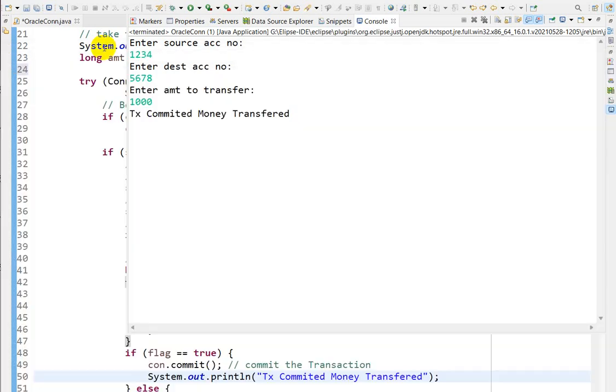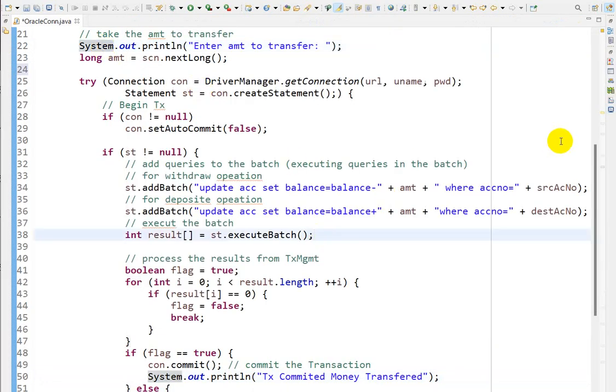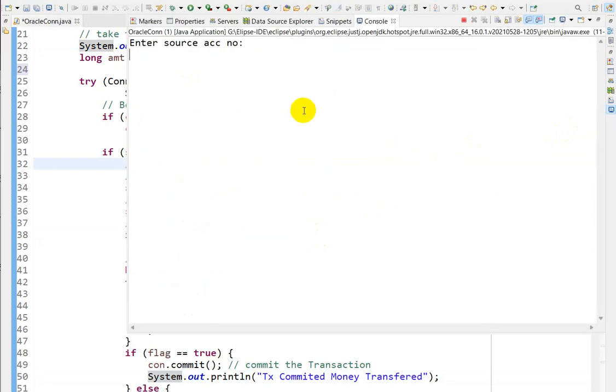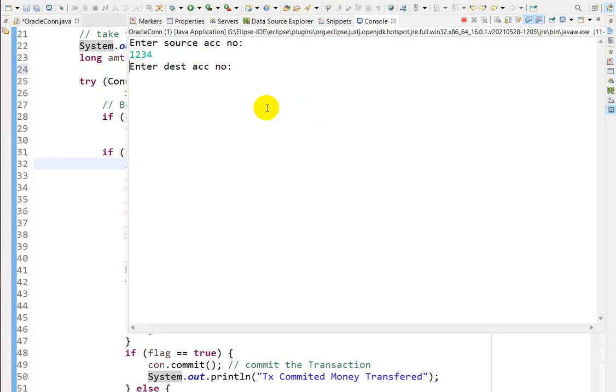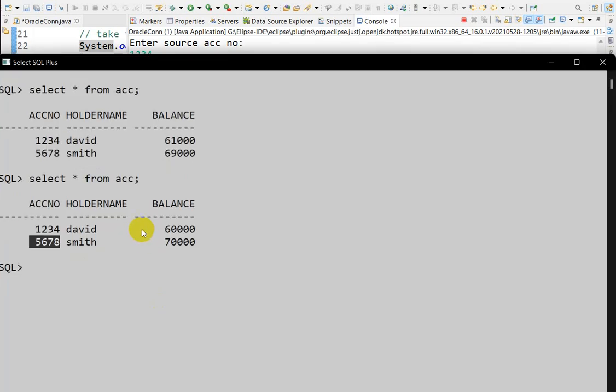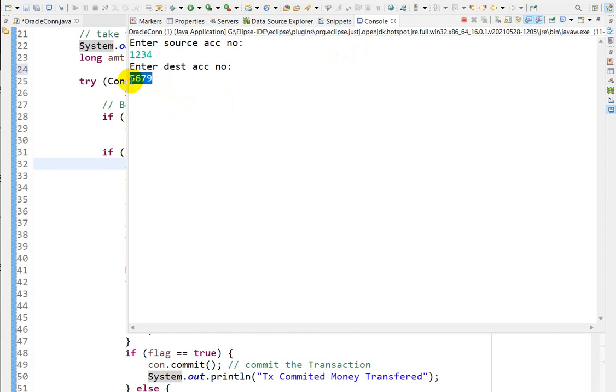Now let's execute again. You entered your account number correctly, but your friend's account number is mismatched. Let us take 5679. Your friend's account number is 5678, but you gave 5679.